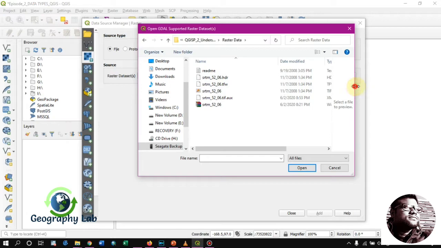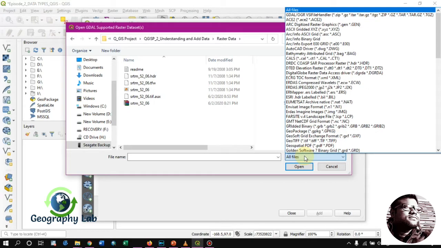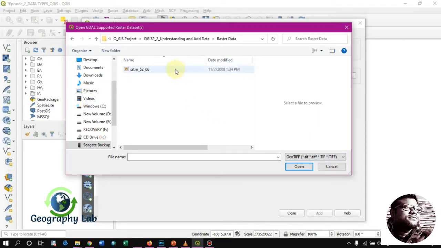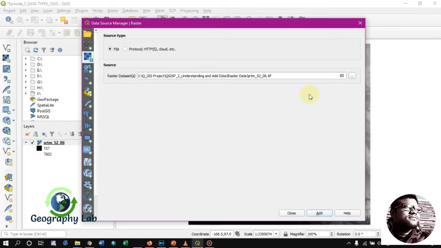Initially it will show the different kinds of files and the associated source files of a particular raster dataset. So you have to choose the appropriate file name. In this case we have the GeoTIFF or TIF file. So click the TIF and select the SRTM version and just open and add it.